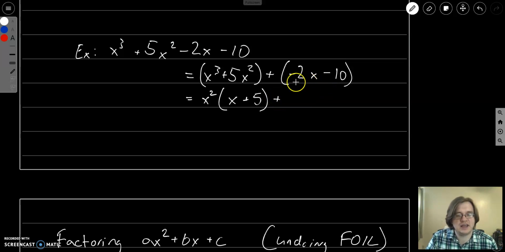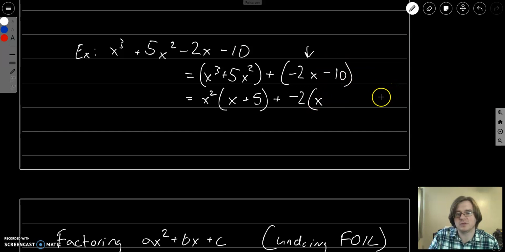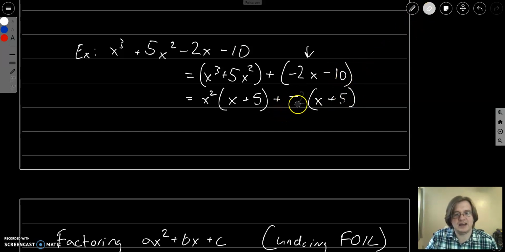Here, I will add, and then I need to pull a factor out of both of these. So what I'll notice is that the first one only has essentially two factors to work with, a -2 and an x. Well, -2 goes into -10, so I'll write this as -2. If I pull a -2 out of this, I'm left with an x. If I pull a -2 out of the -10, I'm left with 5, specifically plus 5, since 5 times -2 is -10. Now, I'm adding a -2 times something, so I might as well just write this as I will subtract